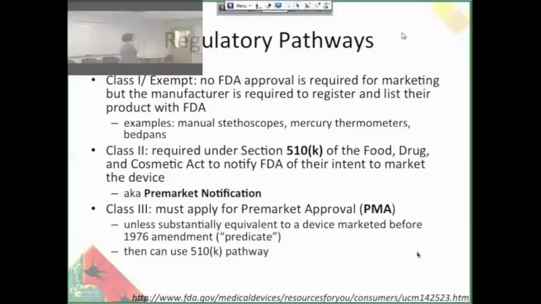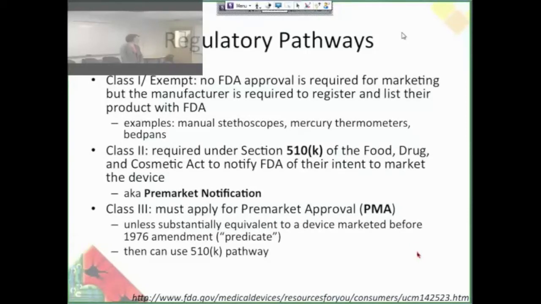Okay, so now we're going to go into a little bit more detail about these different regulatory pathways. If it's a class 1 device and it's one of those 95% of class 1 devices that does not require any regulation by the FDA, you don't have to get FDA approval or clearance, but you do have to register the device with the FDA. So manual stethoscopes, thermometers, bedpans. These are medical devices that have almost no risk. Class 2 devices,